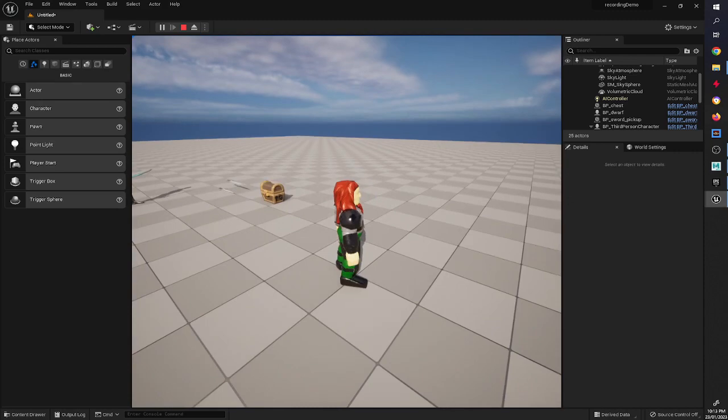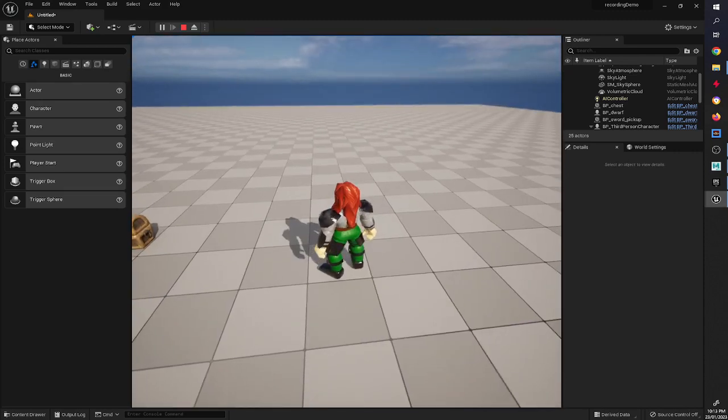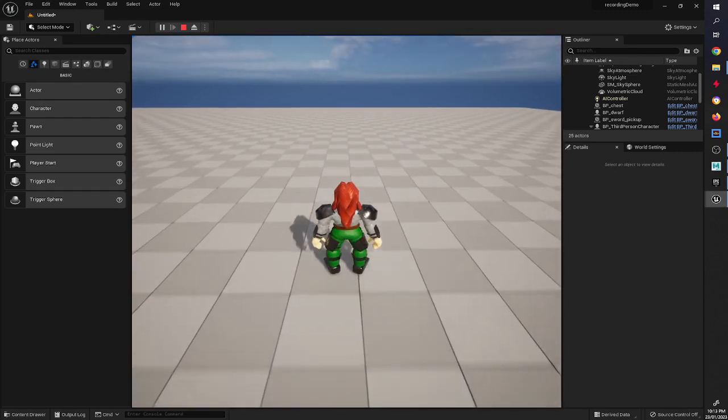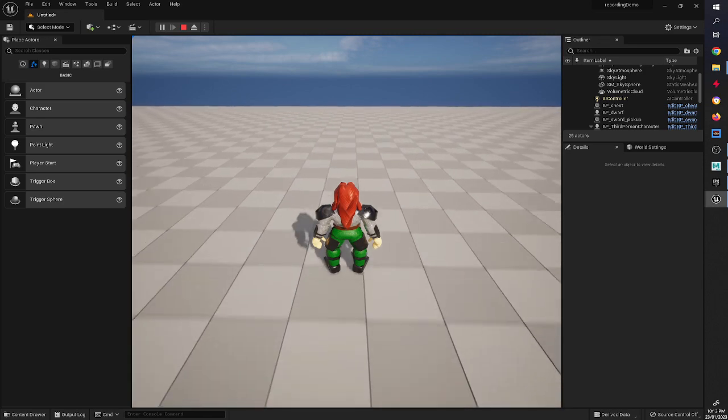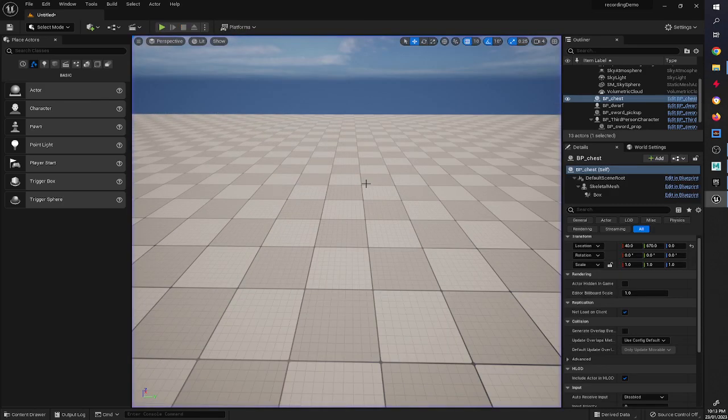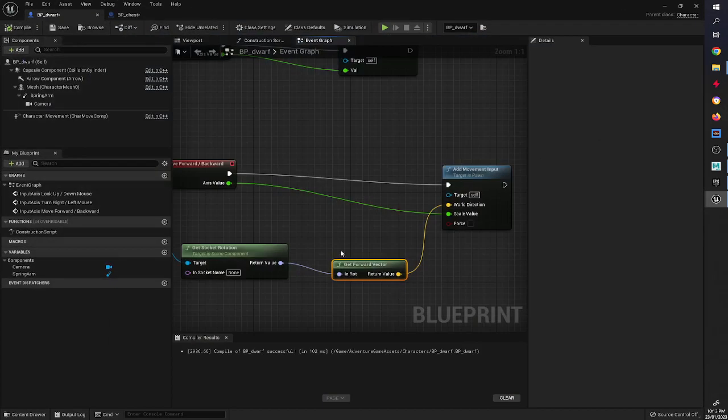We want those animations to play as we move. So basically we want it to detect the velocity of this character, and when the velocity is above 0 or a certain speed, we want it to animate in that walk cycle and run cycle. So to do that, we first need to set up